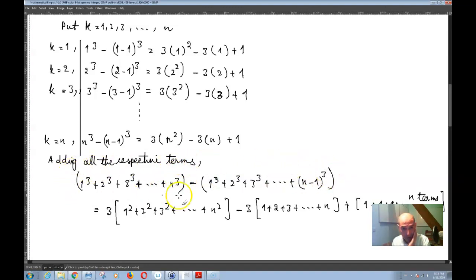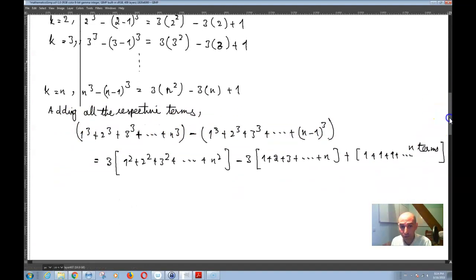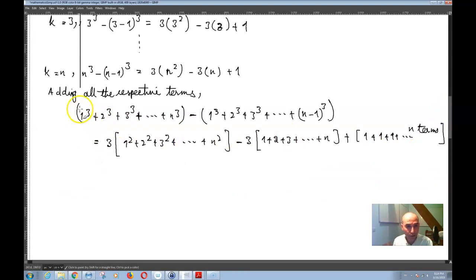If you add all of these together, what you will get is 1 cube minus 1 cube plus 2 cube minus 2 cube plus 3 cube minus 3 cube. You can just keep going, and all that you will get is n cube, because